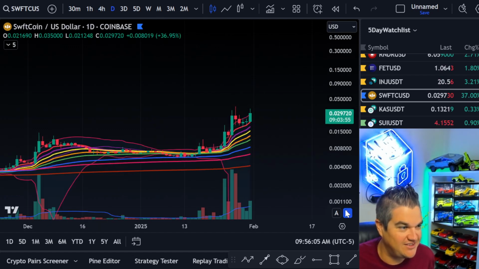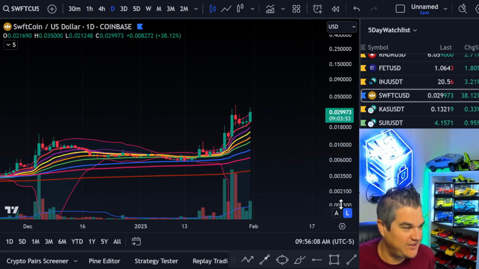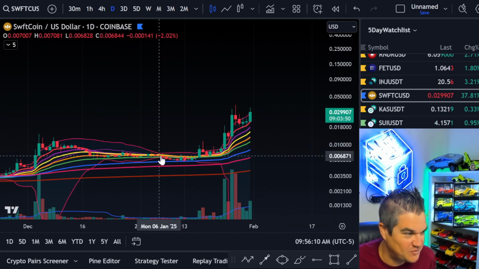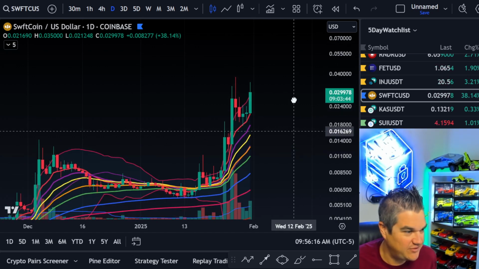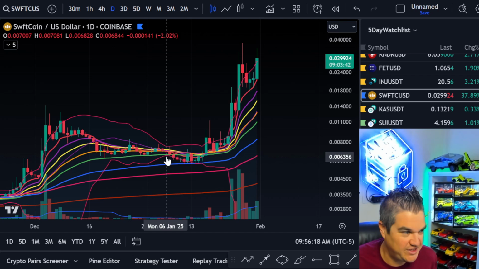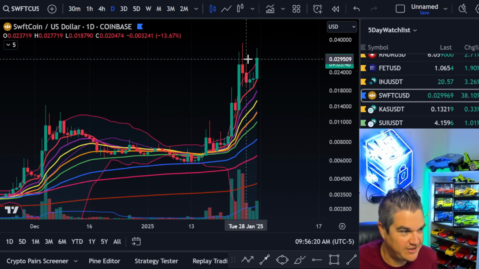Let's go to the daily. The daily looks spectacular. Look how tight this Bollinger Band's got. Probably the narrowest I've ever seen. You can't even almost see it, even zooming in. That's pretty narrow. And then you get an explosive move again,